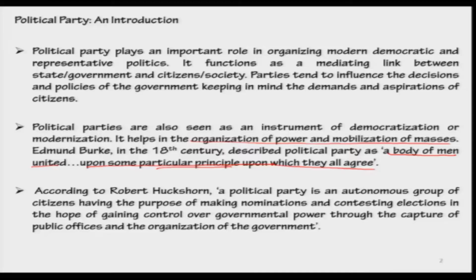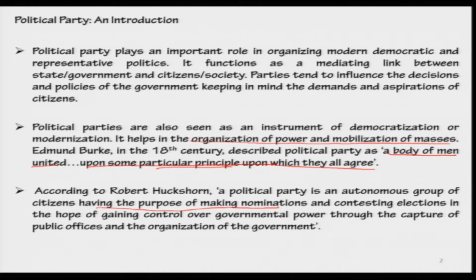So, political parties operate by agreeing to certain key principles or key ideas, and then the leadership takes those ideas to the masses, and that leads the political party to expand its support base among the masses, to mobilize them for their principles or for their demands. According to Robert Huxhorn, a political party is an autonomous group of citizens